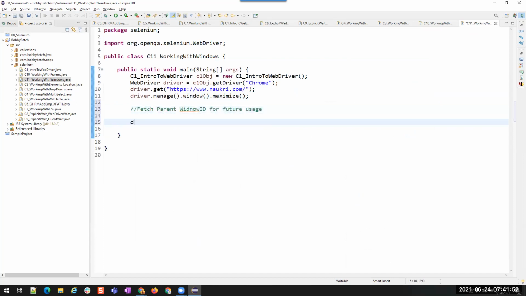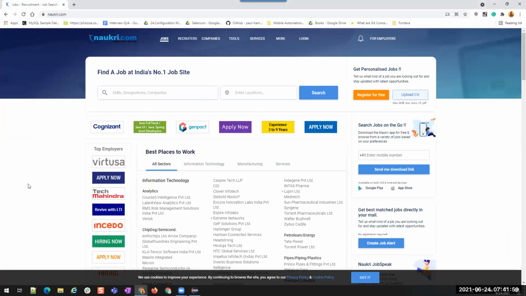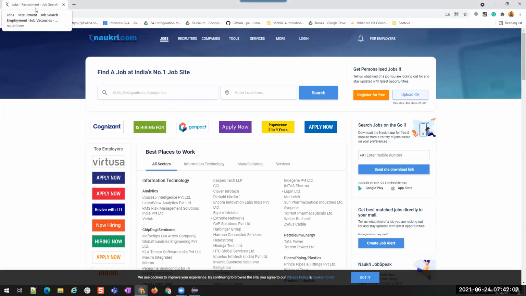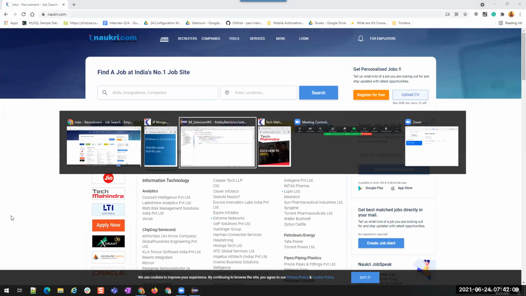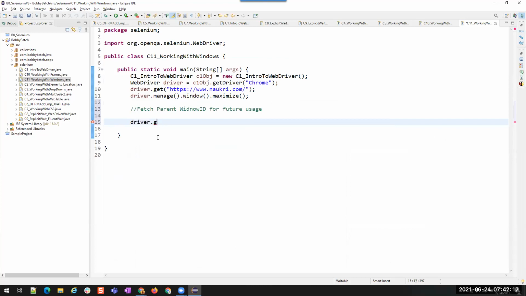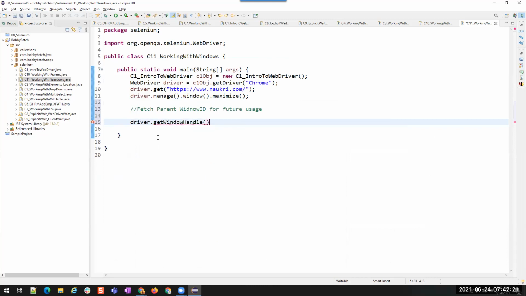Currently my cursor control will be on this page, right? So when I'm on it, I'm going to fetch my ID for identifying this window. How do I do that? driver.getWindowHandle.